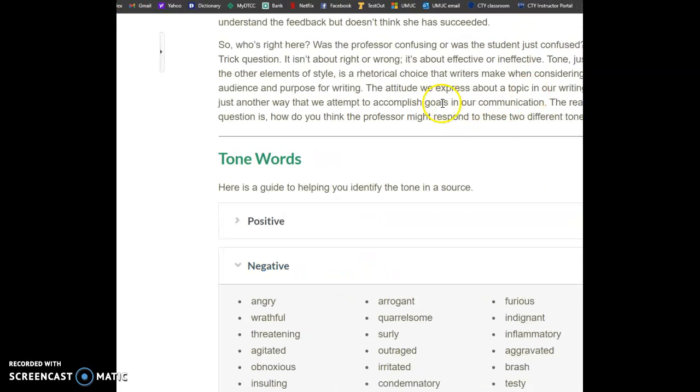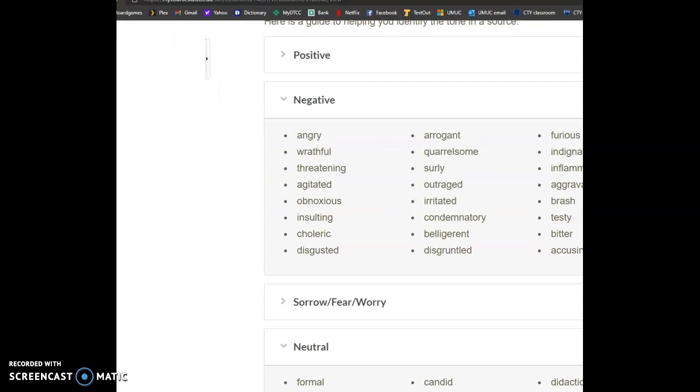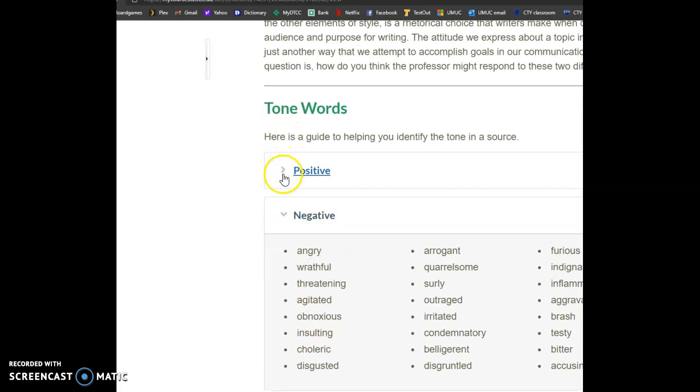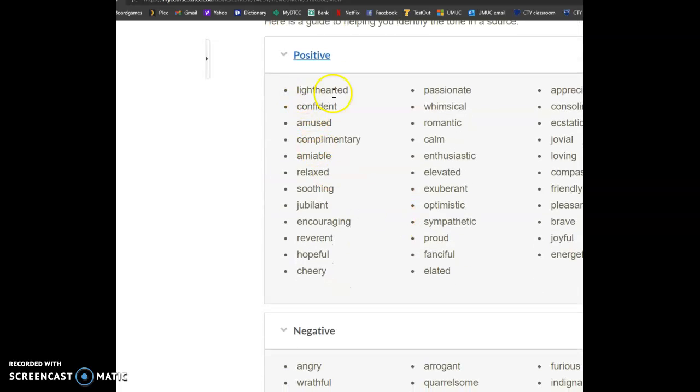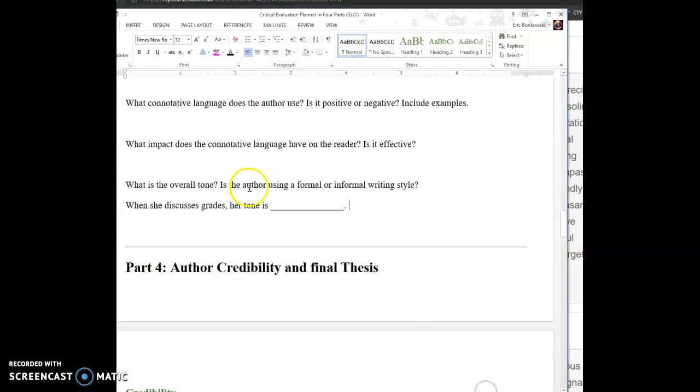So do you think that she's testy? Is she belligerent? Is she disgusted? How does she feel when she has the tone when she's talking about grades? And then you could also include a tone word for when she's talking about what it feels like to go gradeless. Is she lighthearted, exuberant, elevated, enthusiastic? I think identifying these three different things,